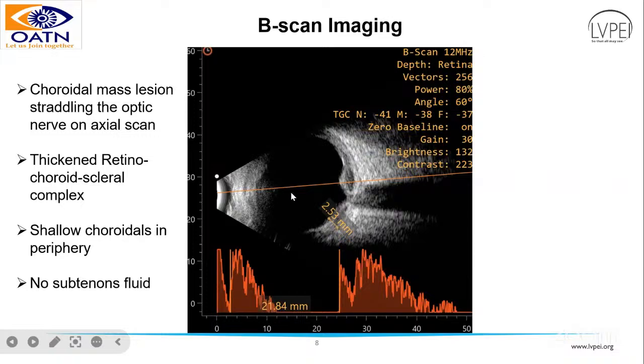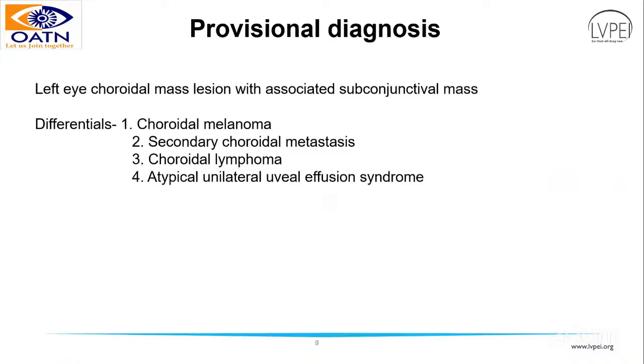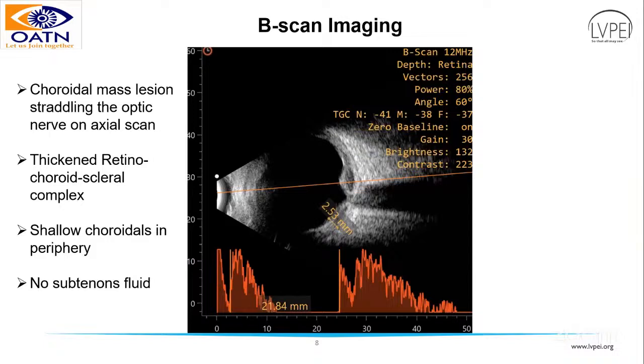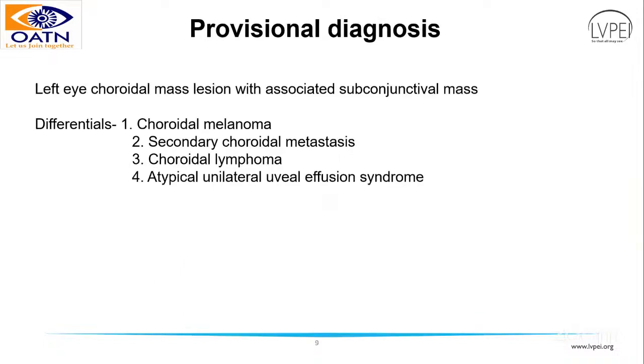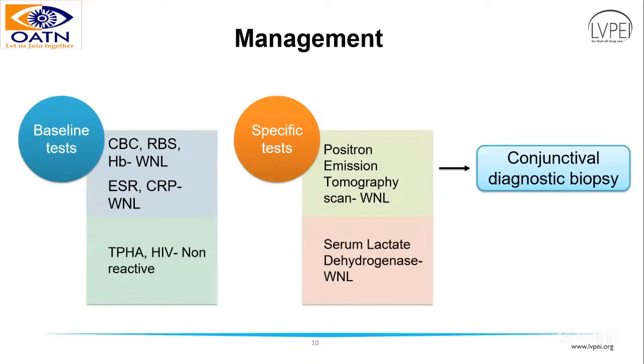in this axial scan. Choroidal mass lesion straddling the optic nerve, we can see through this axial scan. The provisional diagnosis is left eye choroidal mass lesion with associated subconjunctival mass, whereas the differential diagnosis is choroidal melanoma, secondary choroidal metastasis, choroidal lymphoma, and atypical unilateral uveal effusion syndrome. Coming to the management, firstly,